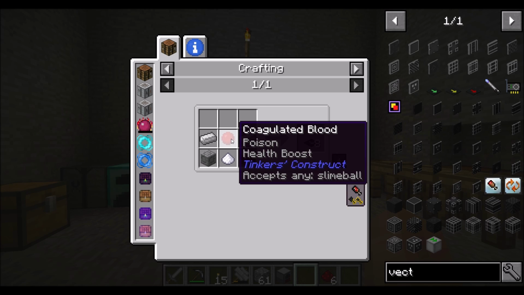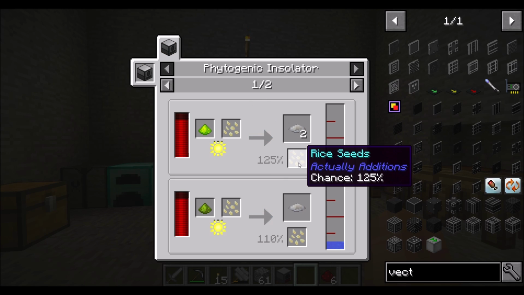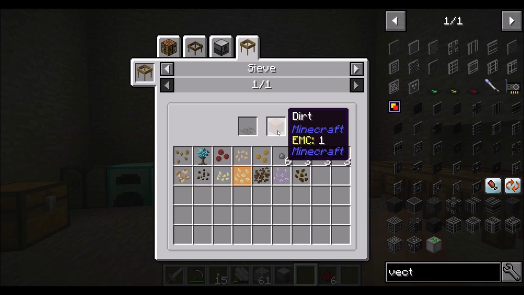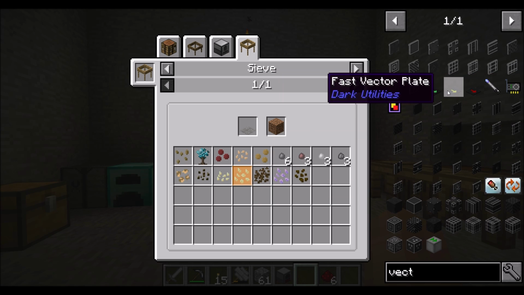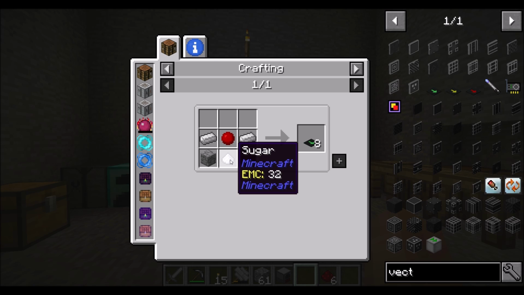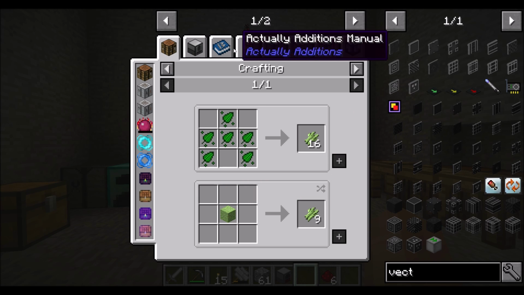How would I get rice seeds? Because that would be a good question. If I could get rice seeds, I can sieve them from dirt. So if I sieve dirt, get rice seeds, then we could get slime balls, then we could get vector plates, because the only other thing needed for vector plates is sugar, which I assume comes from sugar cane, which comes from...